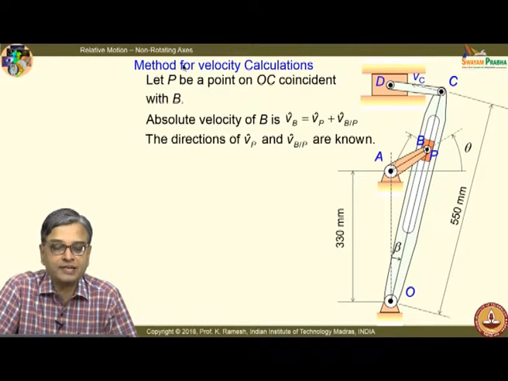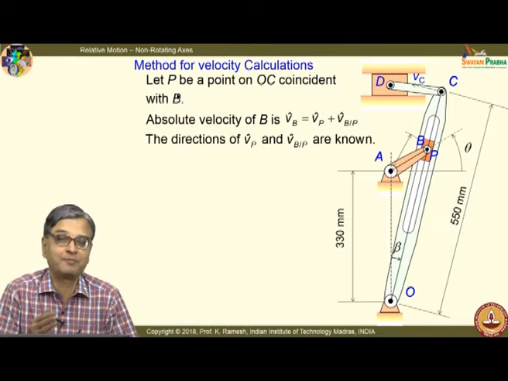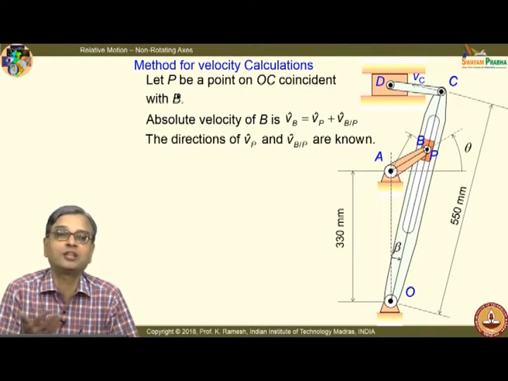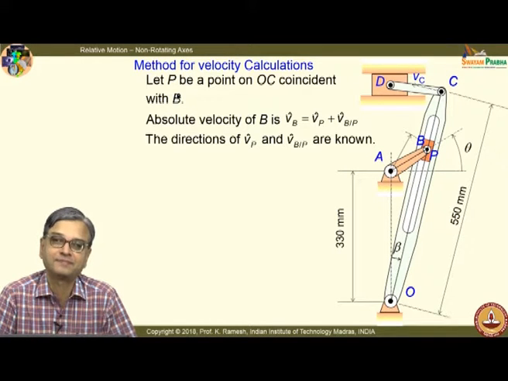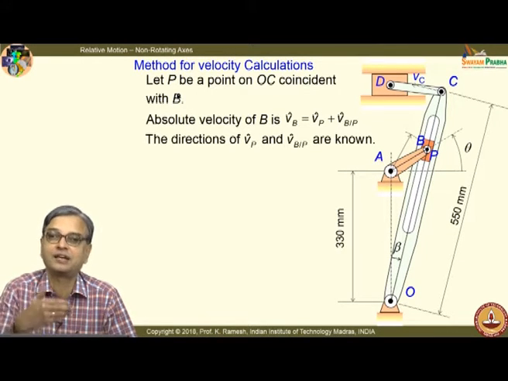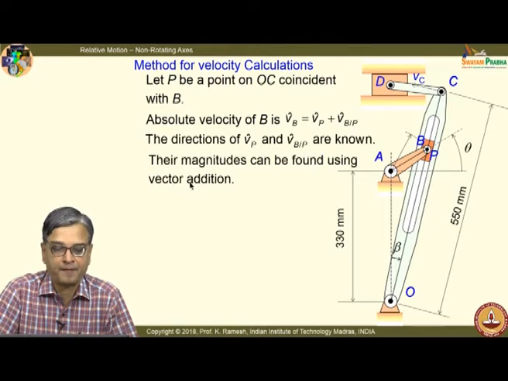See, I am also using different labels so that you get accustomed to applying your equations no matter what way you have labeled it. I am doing it gradually, I am not doing an abrupt change, because in the rotating frame of reference, usually we call the coincident point as P. That is the reason why I have taken that as P. That is the way we will develop the argument and do the discussion of several terms. So, their magnitudes can be found using vector addition.